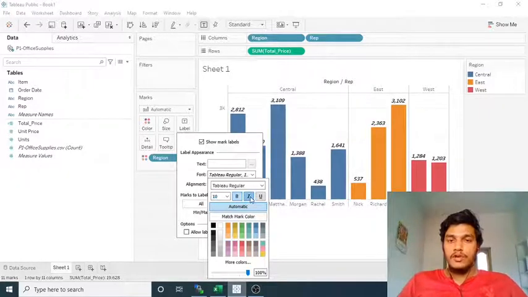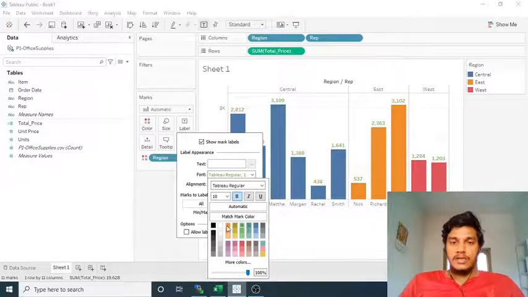And if you want to label as italic, then you can click here on the I, and if you don't want it, then just unclick it. Similarly, if you want the label in some color, then you can change the color of that particular label. So here I change it from black to orange, and if you want it as green, you can make it green, and if you want sky blue or pink, you can do that as well. For now I am just making it a green color.